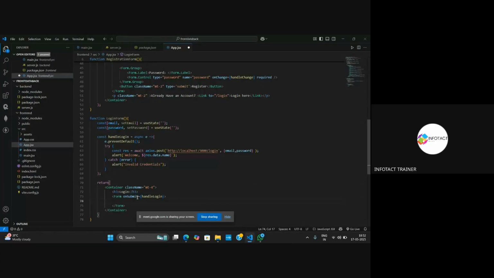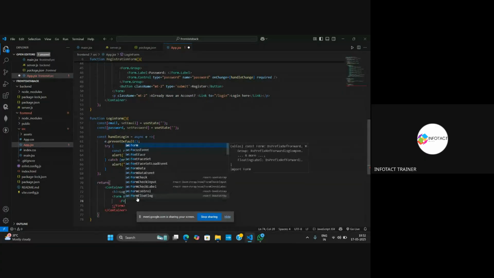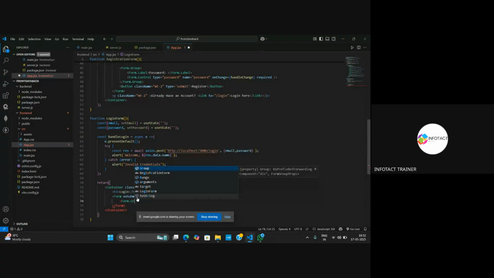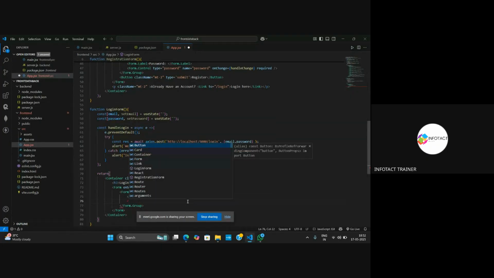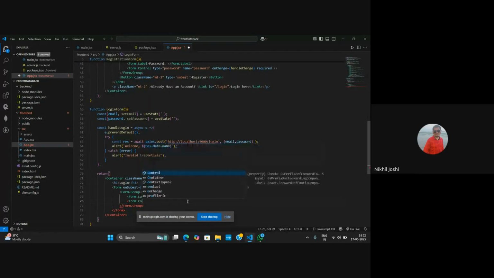Inside the form, I will write form.group. Over here, I will write form.label. This label will have email. After this, tell me what do I have to write? Form dot control. And here the type will be